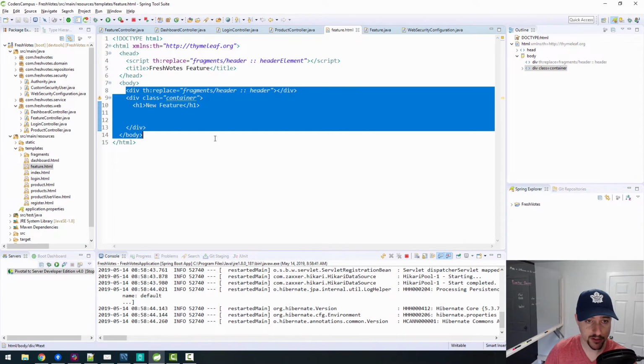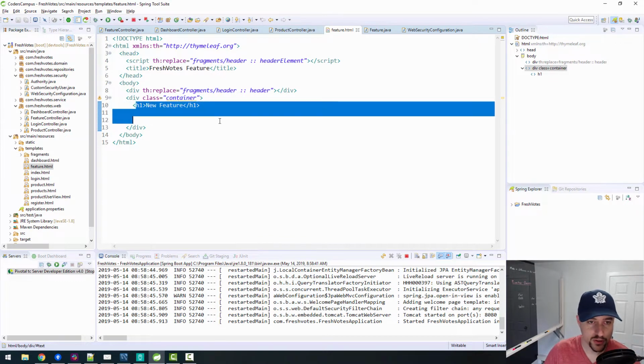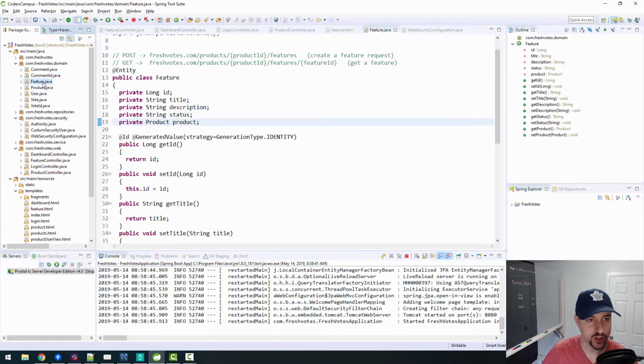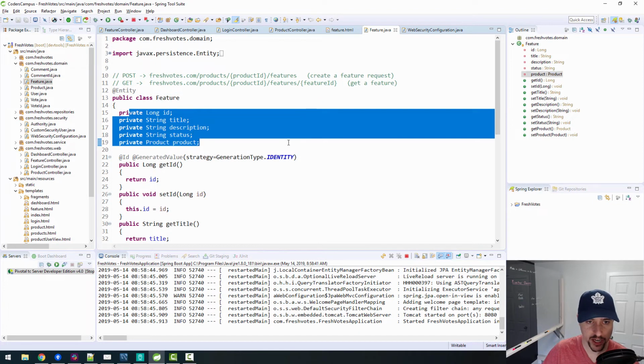So in this HTML view, all we had was just an h1 tag, just a header saying new feature. So inside of this HTML page, we need to essentially be able to do the CRUD operations for the feature entity, right? The feature entity represents the feature database table. And that's, I believe, in the domain area we have here. It is the feature entity, right? So this Java object represents the database table, which if I go to my